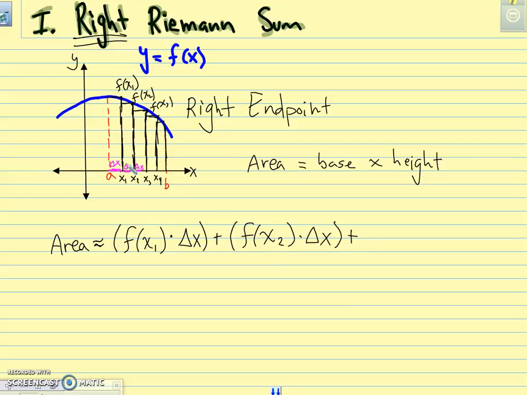So we're going to add that, but remember that it just coincidentally, there was no purpose to me having 5 rectangles here. Technically, we can do as many as we want, so we can put dot dot dot plus f of x sub n times delta x. So this in turn is the same as the summation of i equals 1 to n of f of x sub i